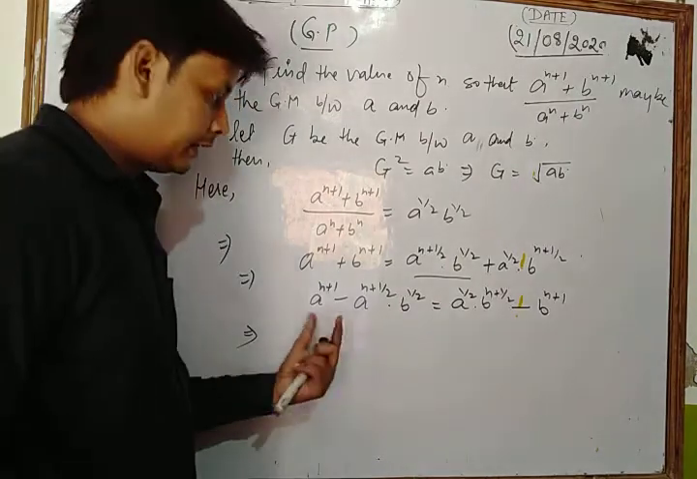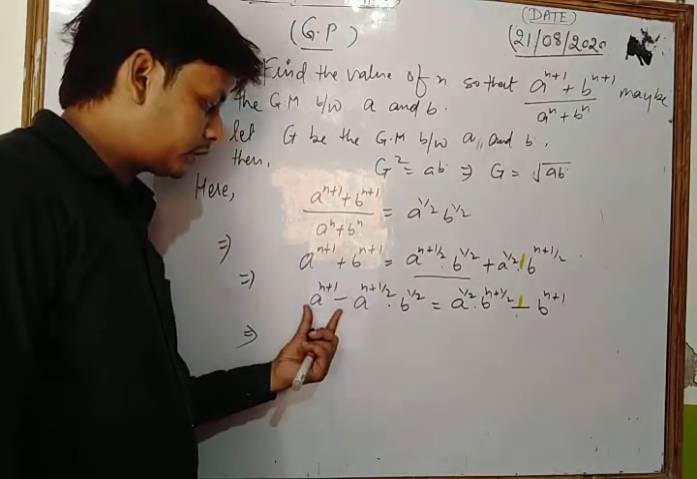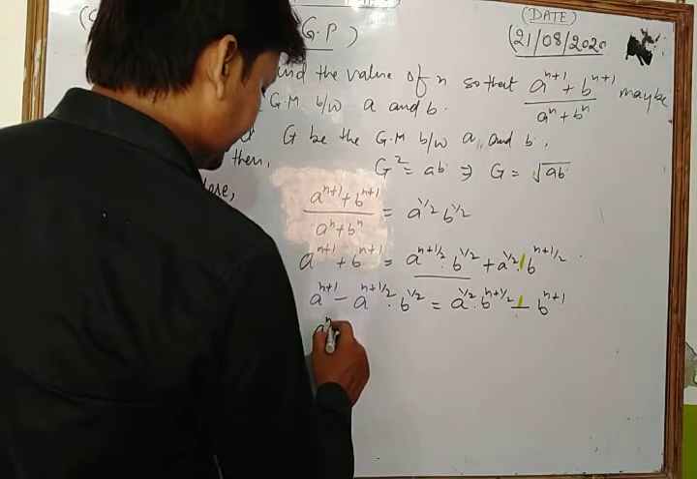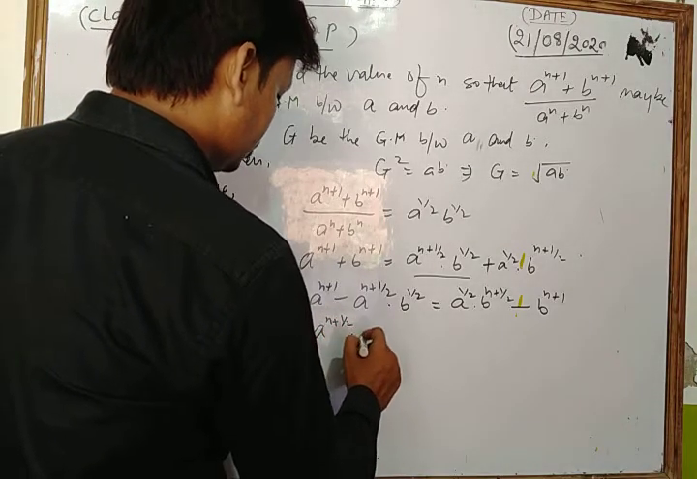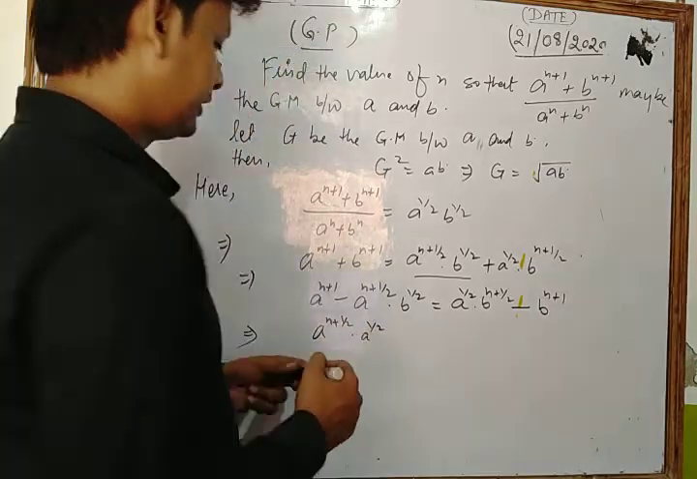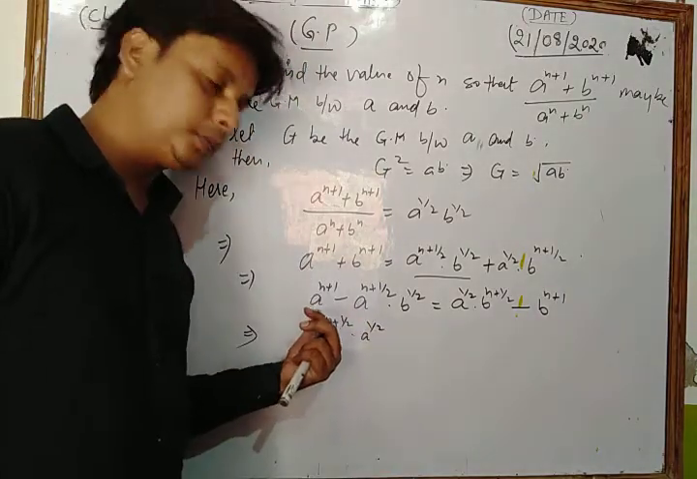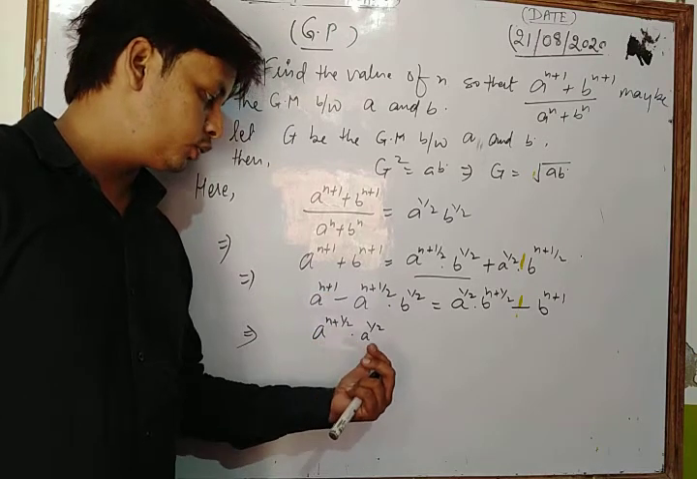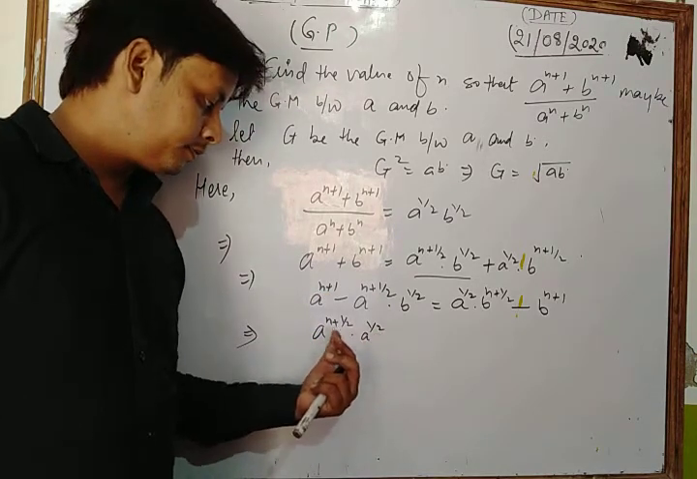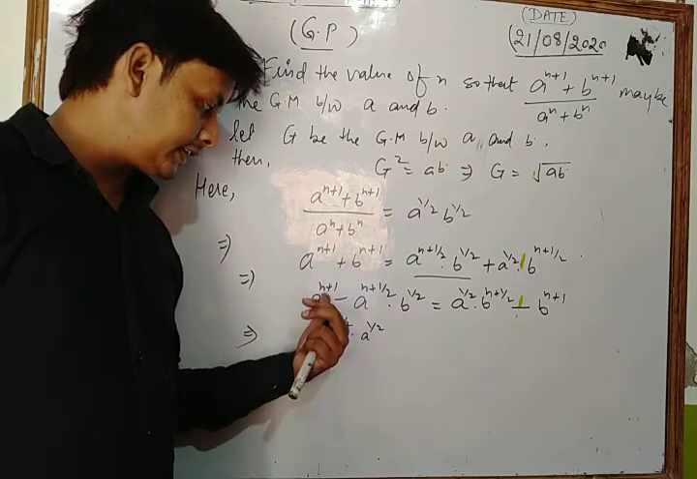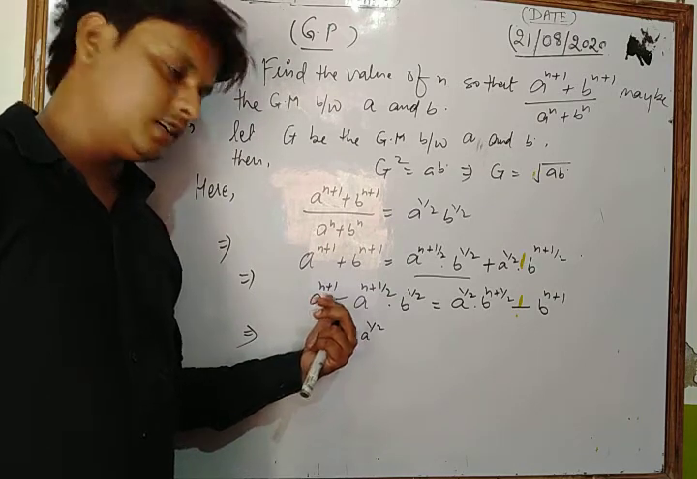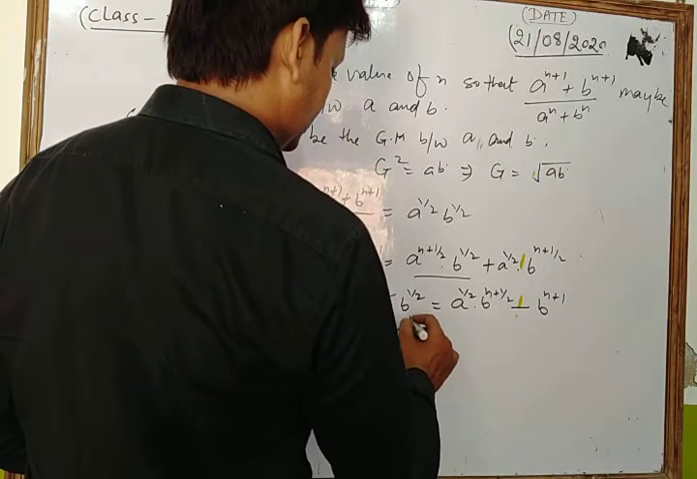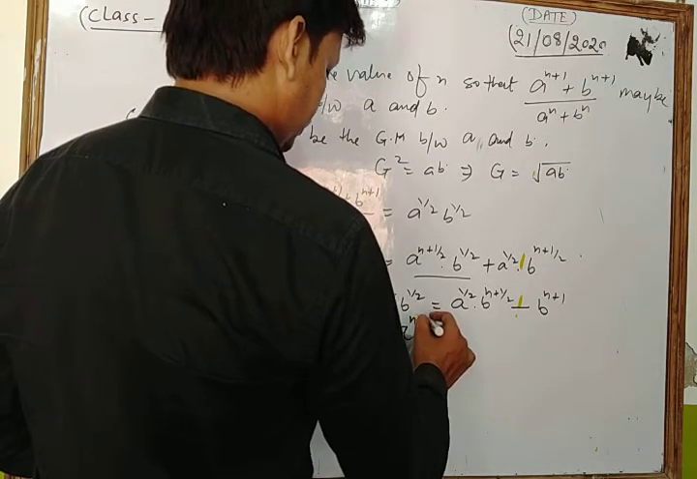Now let's see once more, this is a very important concept. Here we write A to the power n plus 1 as A to the power n plus 1 by 2 into A to the power 1 by 2. If powers are added, then we get n plus 1. Now clear? Now write this value as it is, minus A to the power n plus 1 by 2